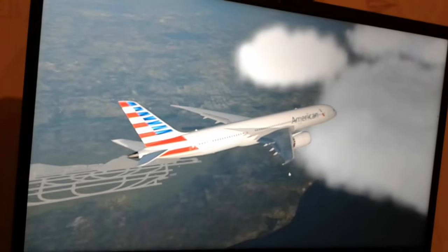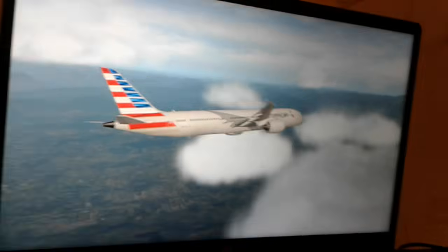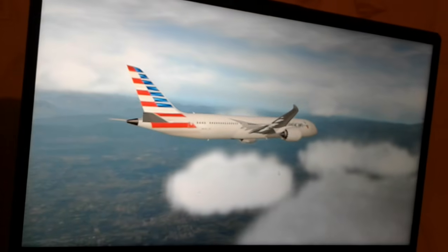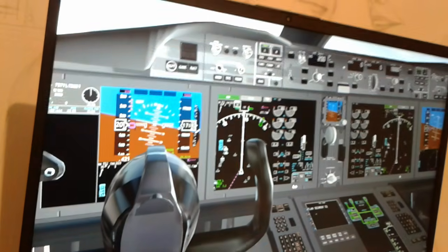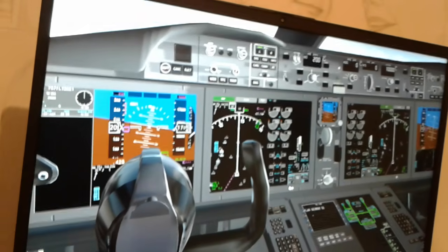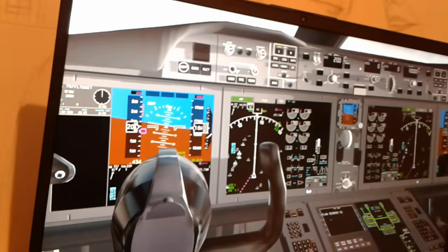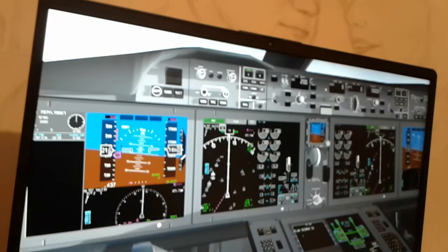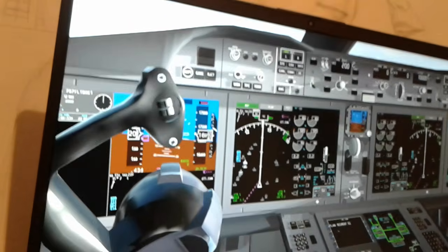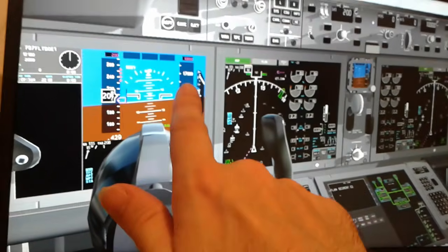Thomas Hatsios, British American pilot, flying the Boeing 787-900. We are beam to the airport. We're gonna fly through some clouds over here. So you can see the airspeed is 200 knots, the altitude